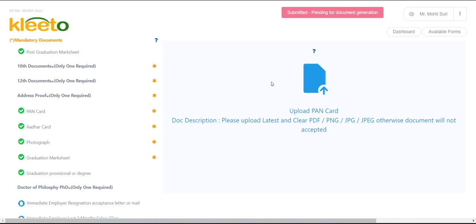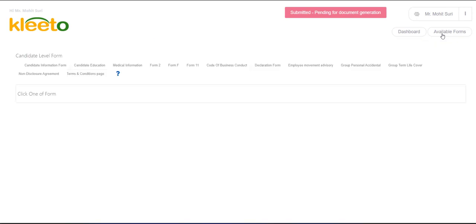The system can also push the candidate to fill in certain forms here, like the statutory forms, which can be filled right here instead of giving them to the candidate at a later stage. The system pushes the candidate to fill in these forms right away so that the profile is complete at this stage itself. These forms can also be pre-templatized, and since we have created a profile already at the initial stage, all the common information will be pre-filled across all the forms for the candidate.